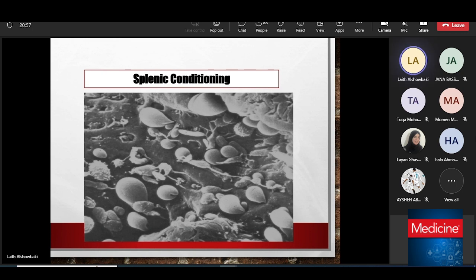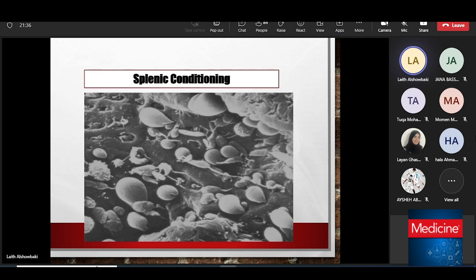So what happens in the spleen in those patients is that, because those RBCs are quite defective, the spleen overworks trying to get rid of those defective red blood cells, leading to enlargement of the spleen. Sometimes, due to the chronic form of hemolysis, those patients can get other problems like recurrent gallbladder stones and acute calculous